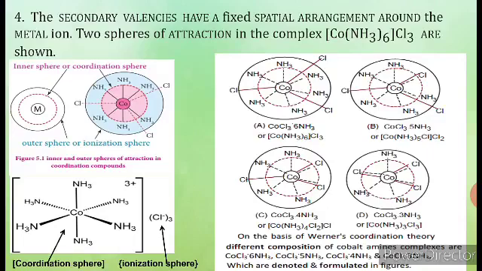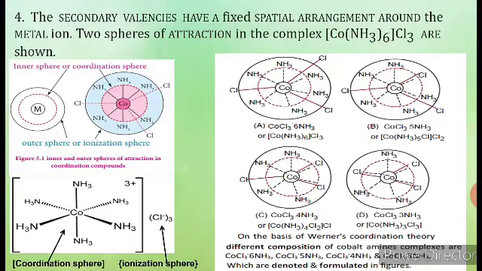No ion, no molecule is present outside the coordination sphere. Here, these 3 chloride ions, you can see all 3 are attached to the cobalt ion through 2 bonds. Each chloride is attached to cobalt through 2 bonds. It satisfies cobalt's primary as well as secondary valency and is attached to the cobalt ion through a coordinate covalent bond as well